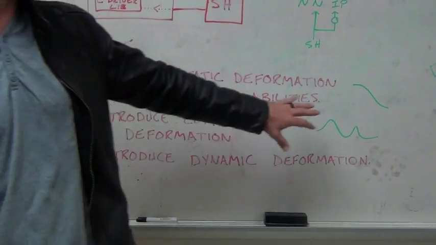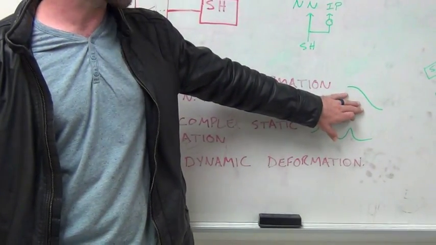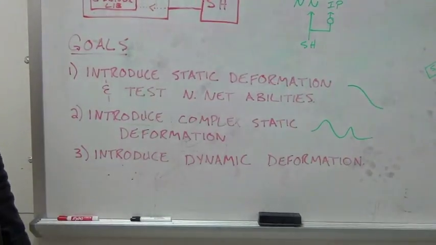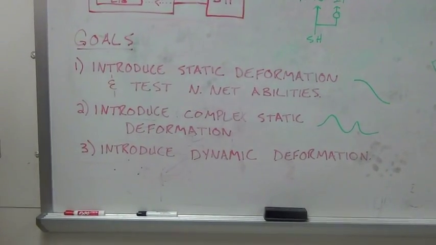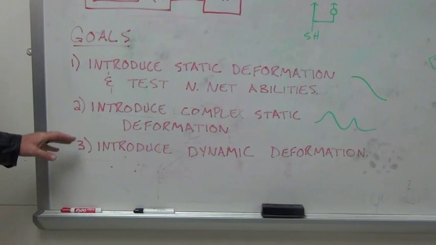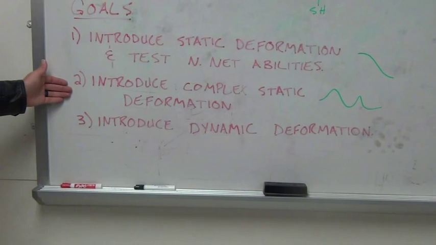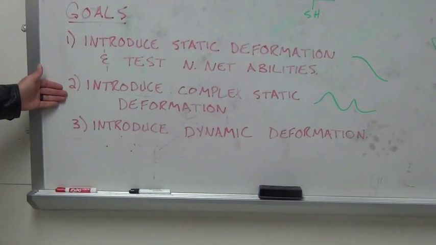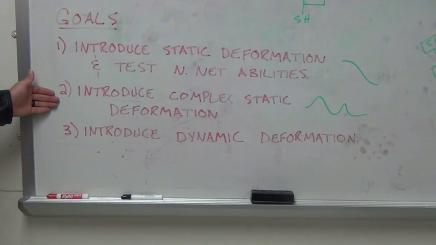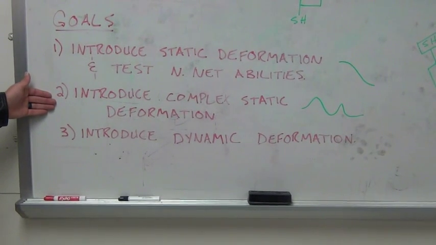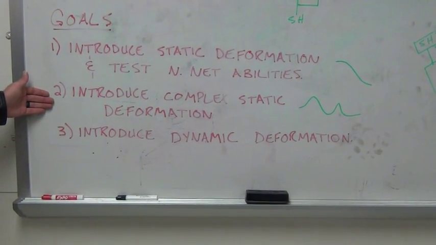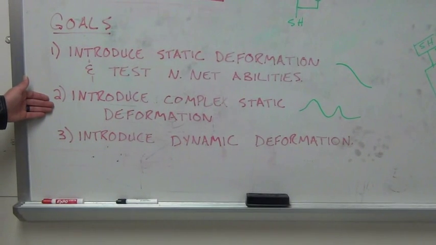As you can see, this is a quick sketch. We plan to introduce a very simple deformation, something similar to that, possibly as linear as possible. And then if we can get the neural net to bend the mirror in the appropriate manner to flatten the wavefront, we plan to introduce a more complex static deformation, see if the neural network is capable of correcting for those deformations,